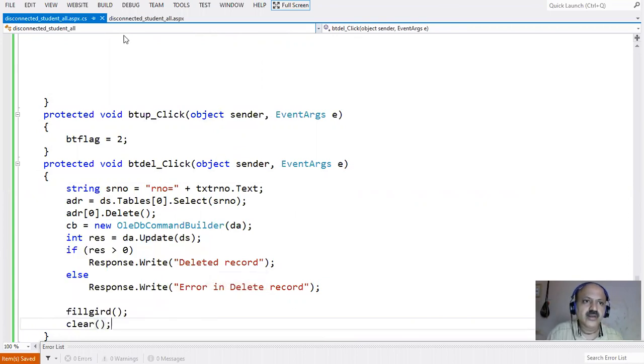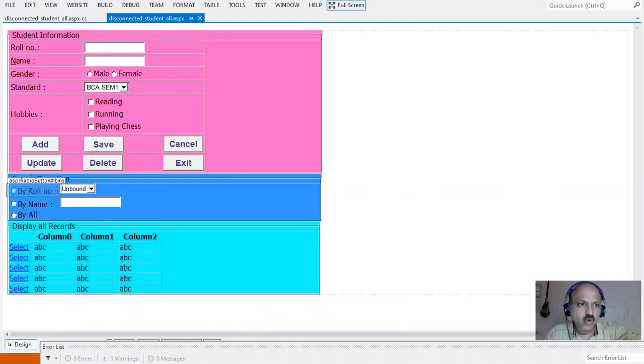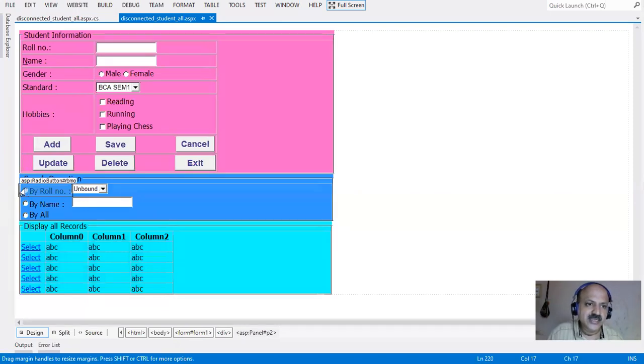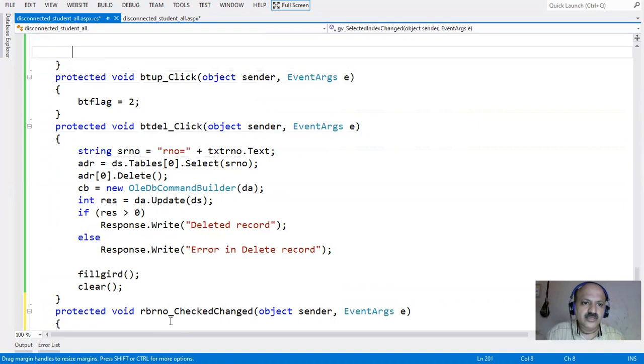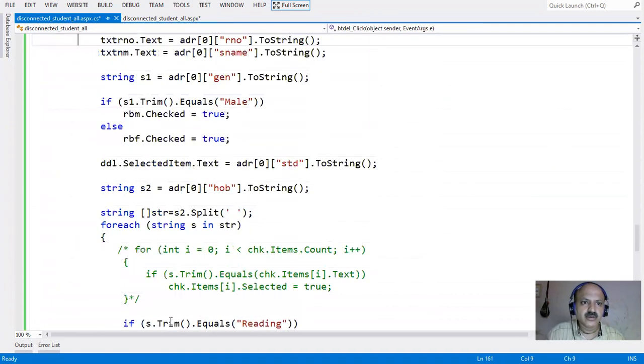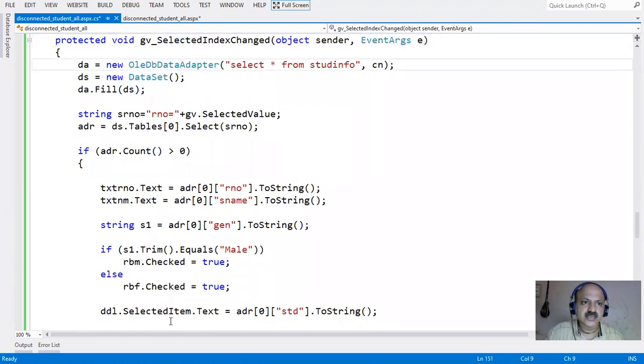Now here I have this radio button selected and that combo is filled, meaning our student ID roll number is filling. So I just copy these three lines to our main. Okay, so where is it? Yes, here it is.